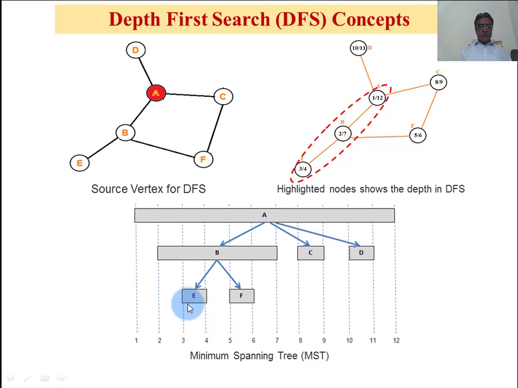From 3 to 4, this is the span of E, in which we have these spans. This is the tree which we construct from the graph after assigning each node its discovery and ending time. These are called time stamps. So here the time stamp will work. Time is the global variable in the graph of depth first search algorithm. So we will discuss it in detail when we study the explanation of depth first search algorithm.